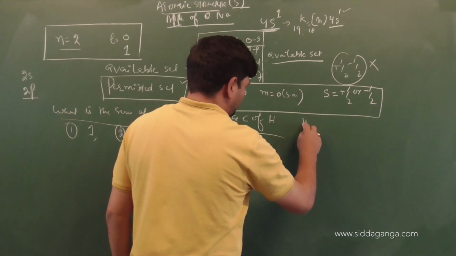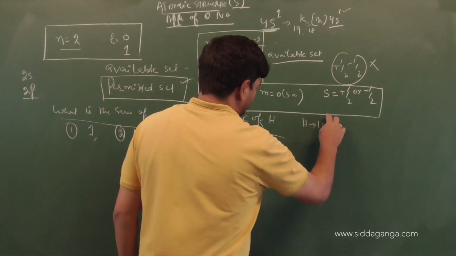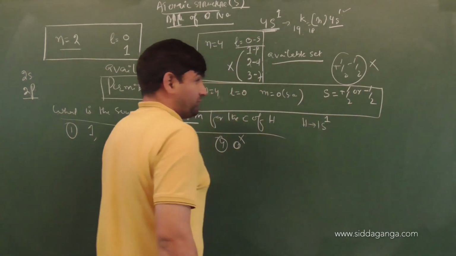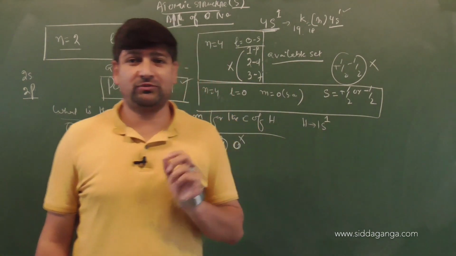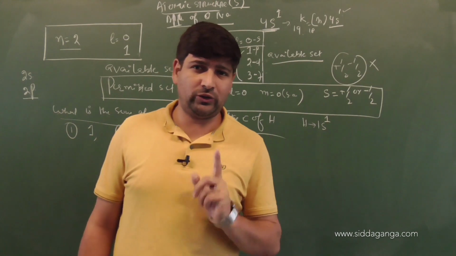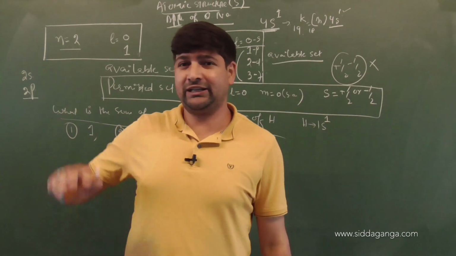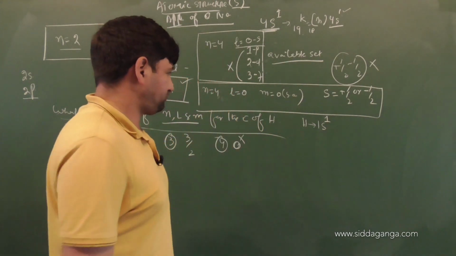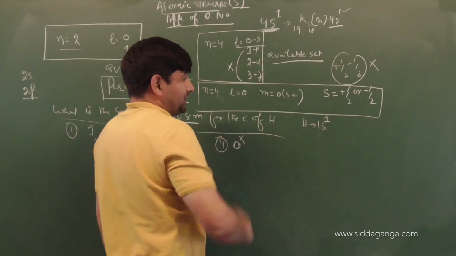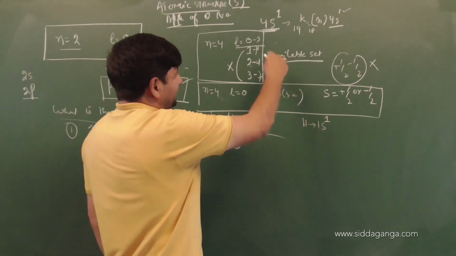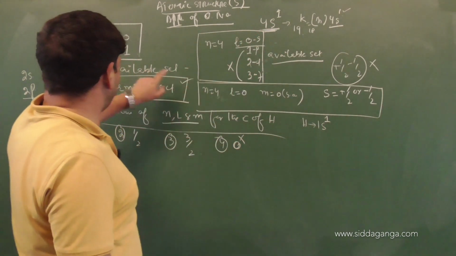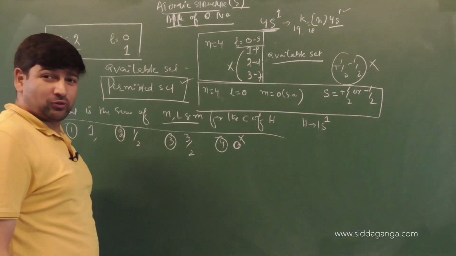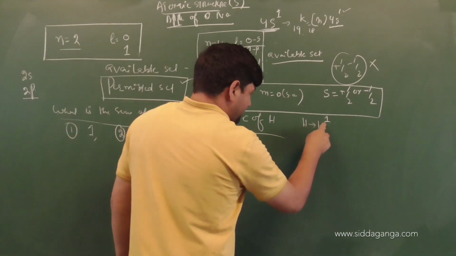So hydrogen, we know, is 1s1. We know now, according to the above chart, how to write electronic configurations. So children, make sure you are writing the electronic configuration of the elements from atomic number 1 to atomic number 30. Clear? That is from hydrogen to zinc. A while earlier, we discussed the concept of available sets of quantum numbers and permitted sets of quantum numbers, right? So hydrogen is 1s1.